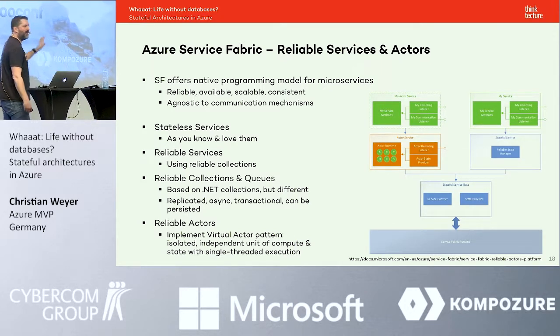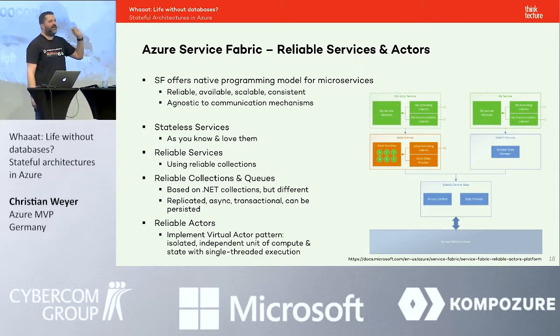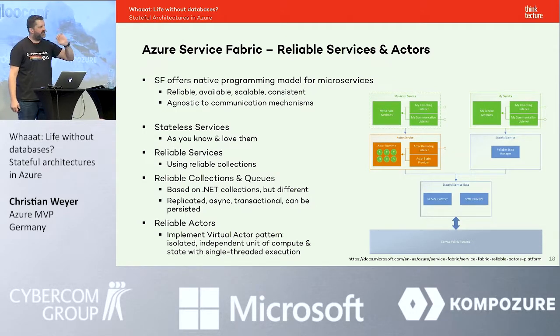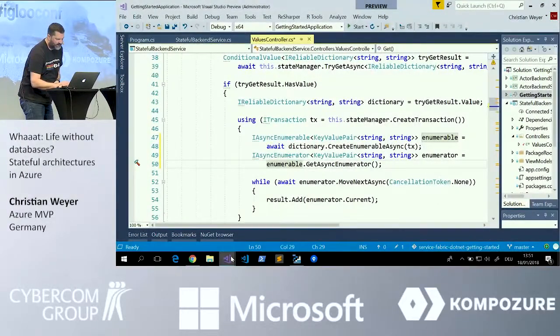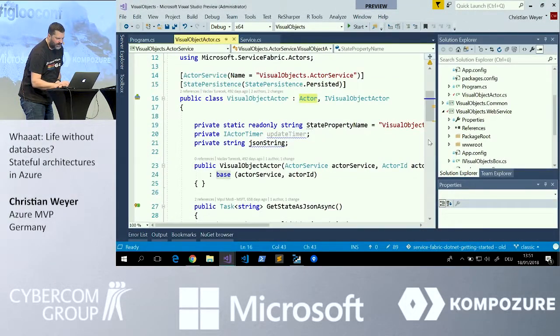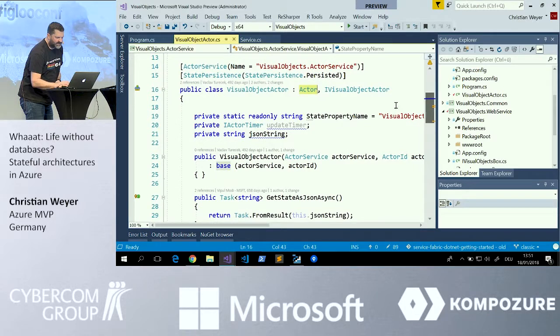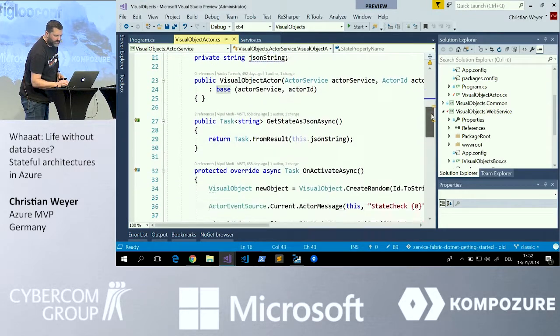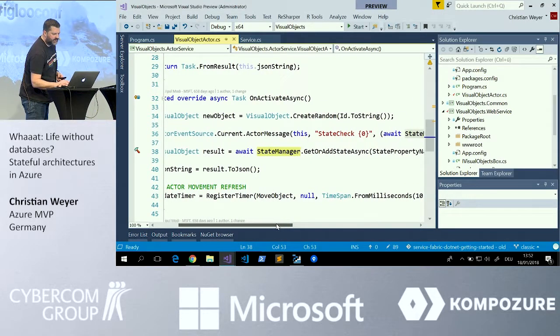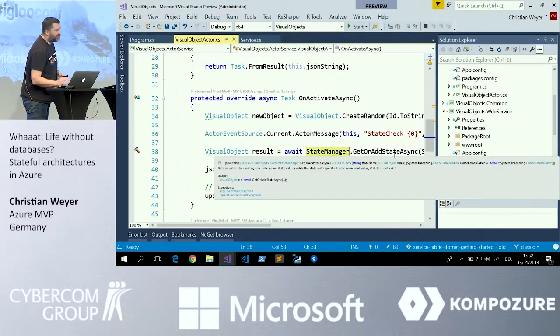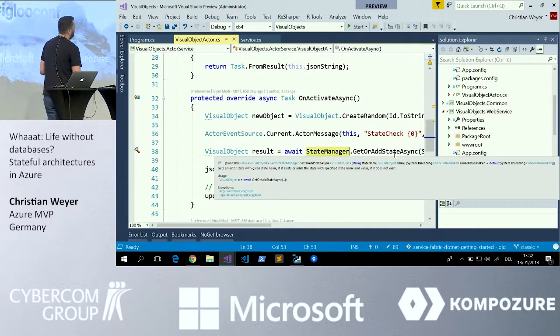So yeah, virtual actors can really make developers' life easier, because if you look at the programming model, it is quite slick. The programming model at the end is you derive from an actor class, you use the state manager again to get your state or to add state to the state manager.